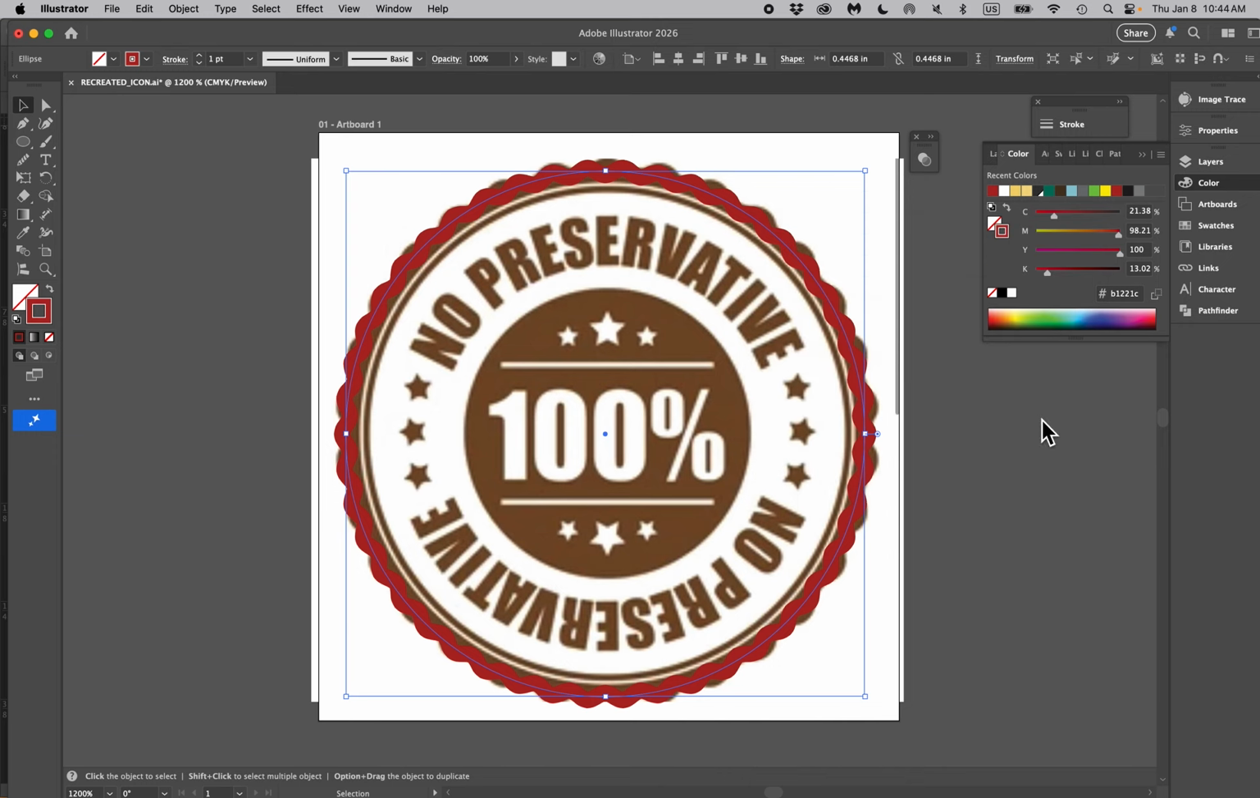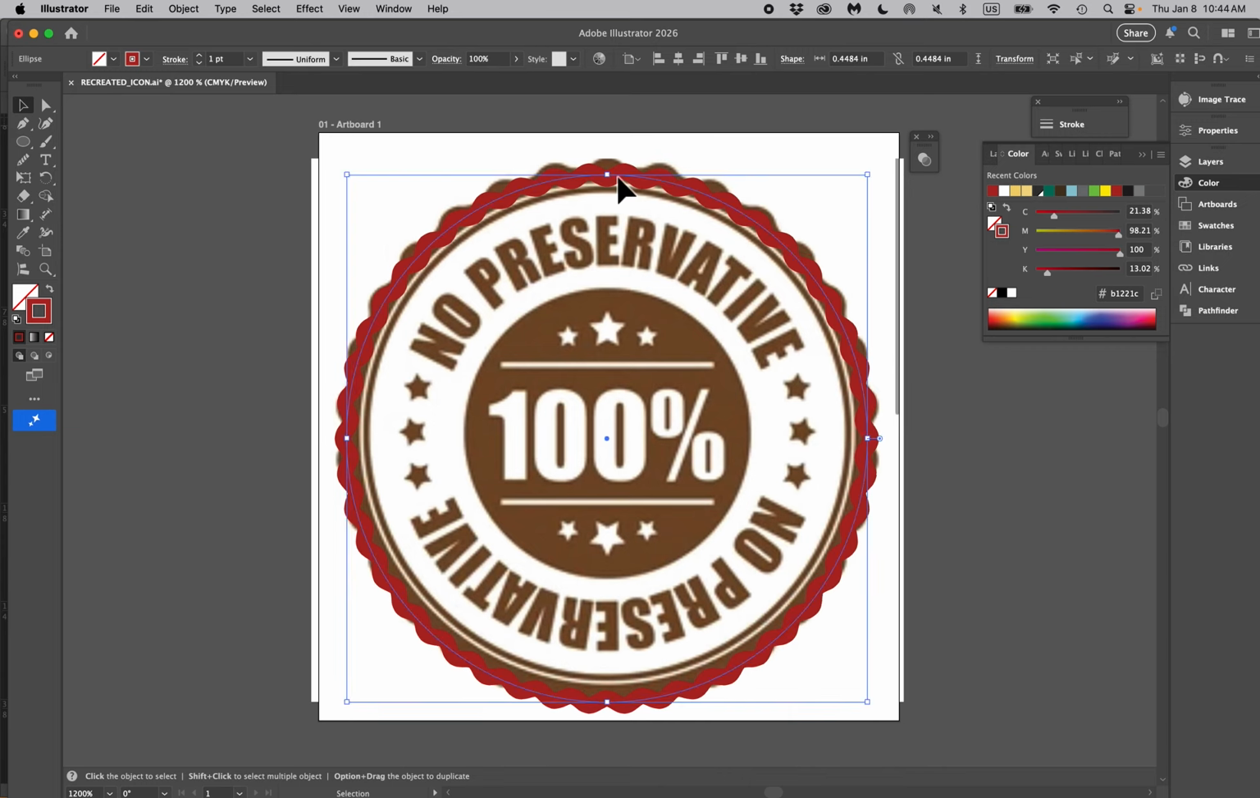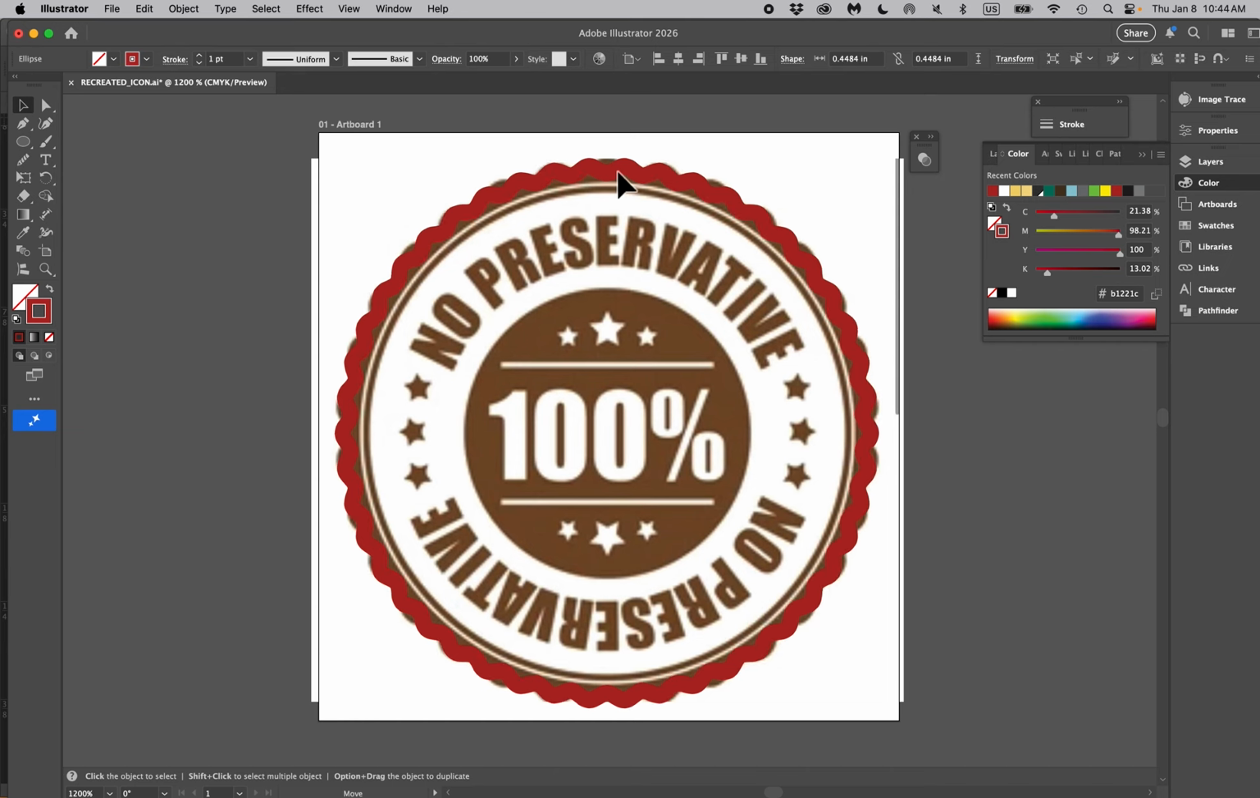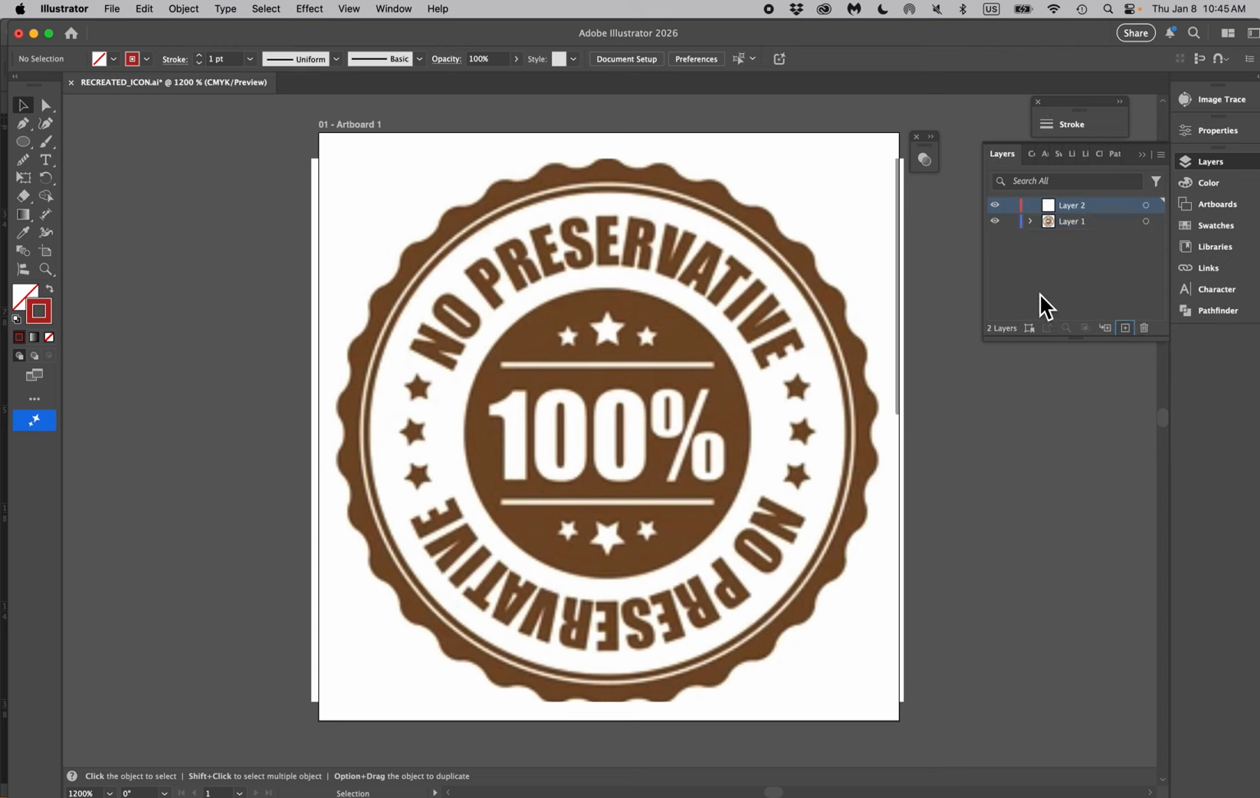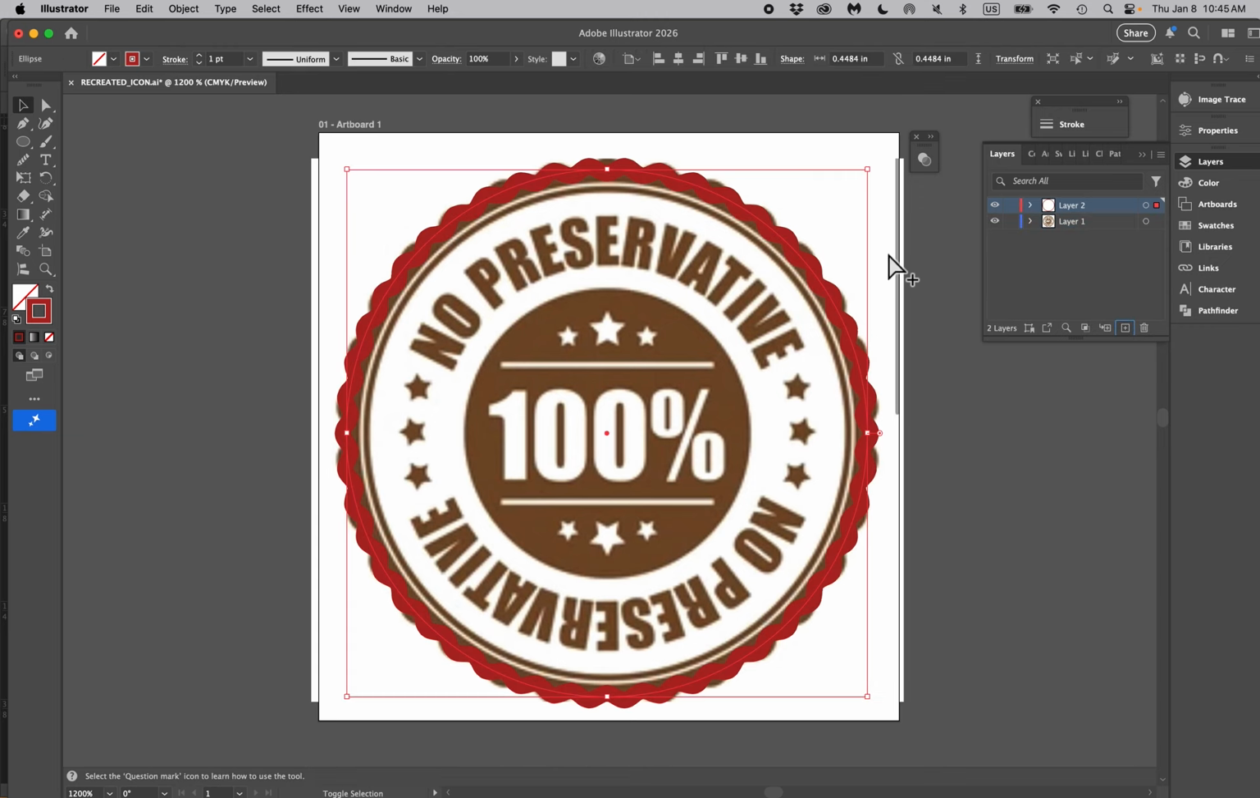So I'm going to say OK, and I'm going to bring this out just a little bit. And you can kind of see this is pretty close to the same shape as what we've got going on there. But the difference is I've got this inside edge that I don't want. So I'm going to go ahead and Command X, which is going to cut that, and I'm going to add a layer on top. I'm going to do a paste in place, which is Command Shift V,